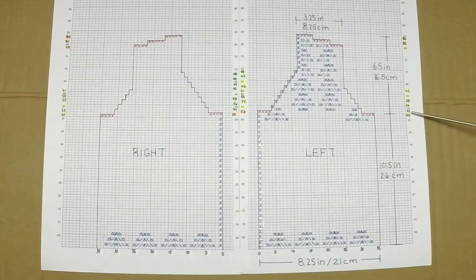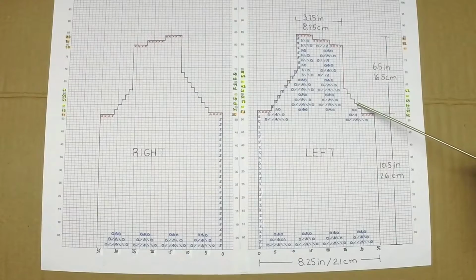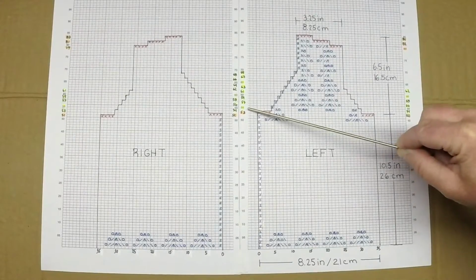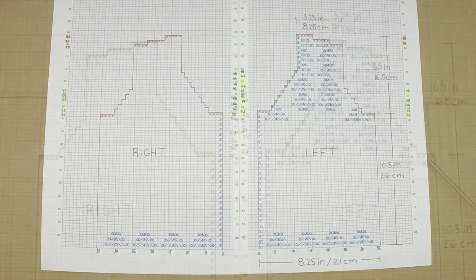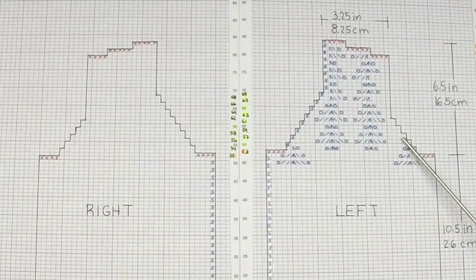From row counter 54 to 62, we're going to decrease 1 stitch every other row 5 times. And for the neck, from row counter 55 to 69, we're going to decrease 1 stitch every other row 8 times. One thing to remember as we start shaping, there'll become a point where there is not going to be